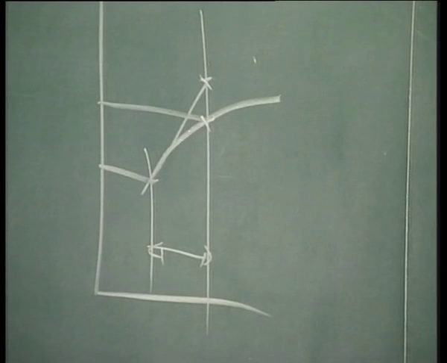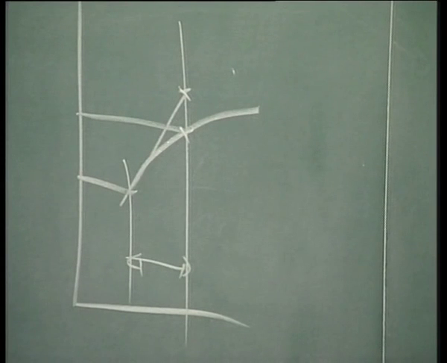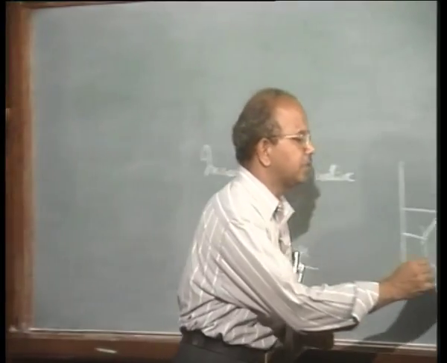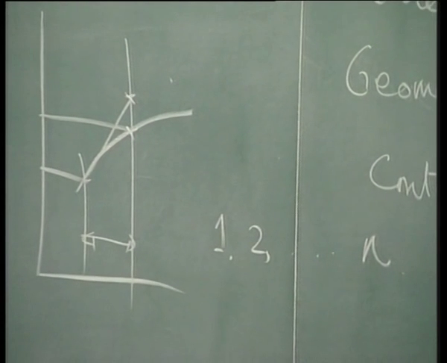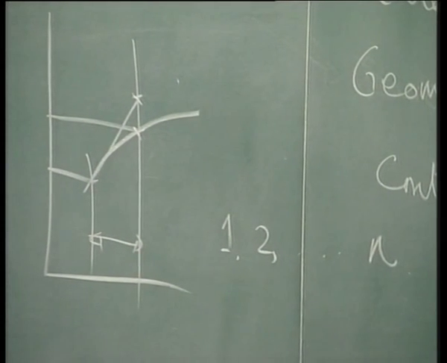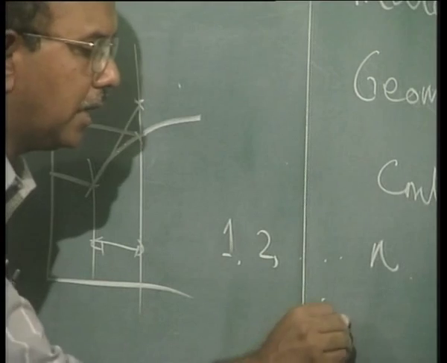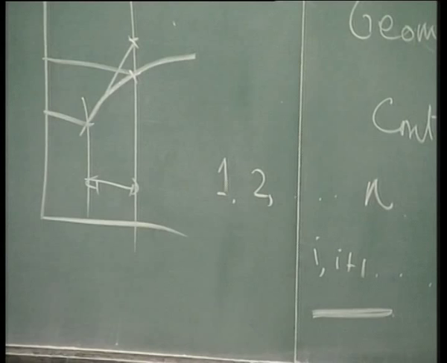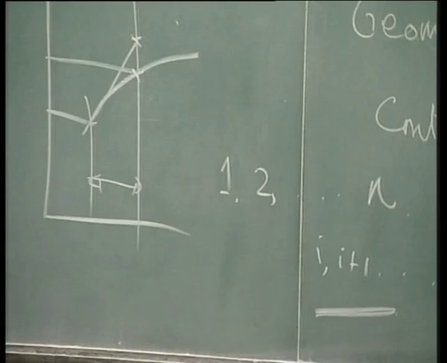Okay. Now let us go back and look at this example. Let us say that, so first let me introduce some notations. Let us say that I will apply the loads in increments. Let me call this increment 1, 2 and so on, say up to n. Now let me say that some ith increment, I plus 1 is the way I will define the increments. I can be 2 at a point, then I plus 1 is 3, so I have to go from 2 to 3.